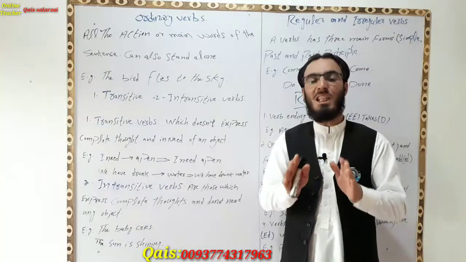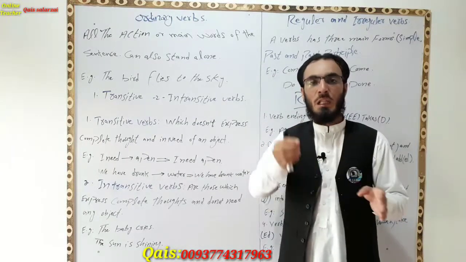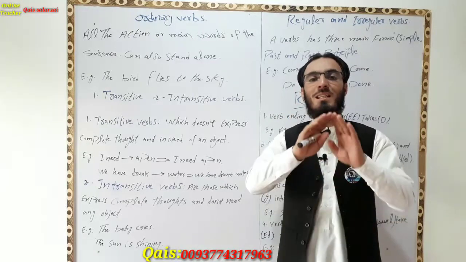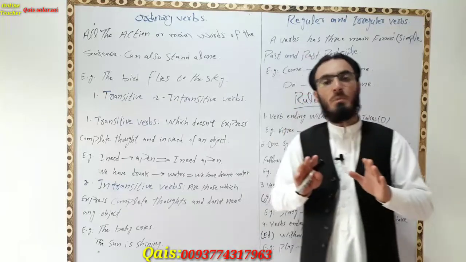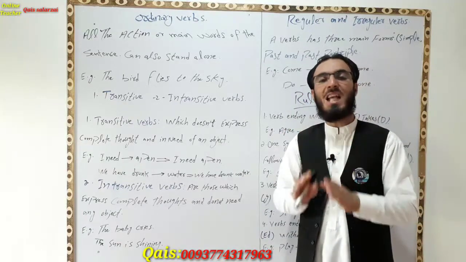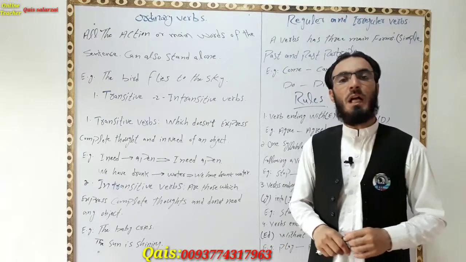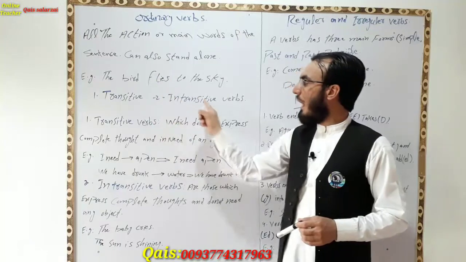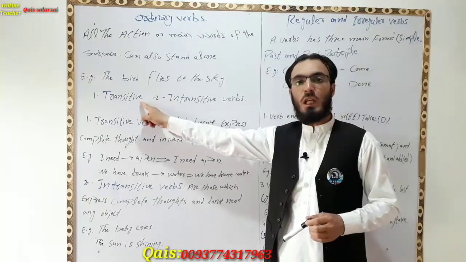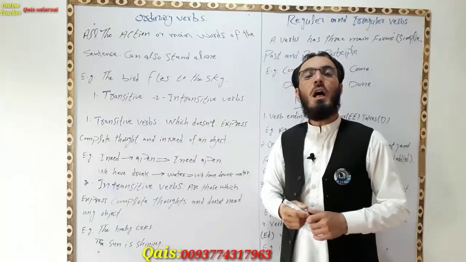Without this, a sentence will not be complete, and without this, the action or the things that you have done in your sentence are not accurate, so that sentence will not be complete. So we have said that ordinary verbs are the action or main word of a sentence. Now ordinary verbs are divided into two different types, and they are the transitive and intransitive verb. But before studying the transitive and intransitive verb, let's make an example about the ordinary verb.